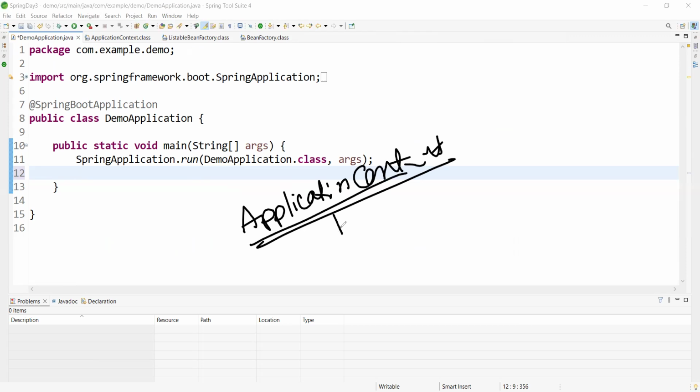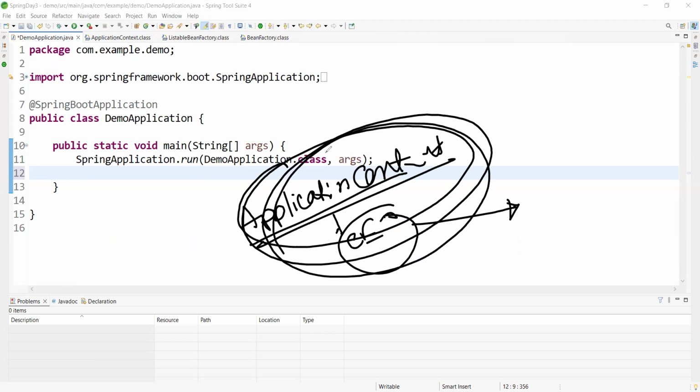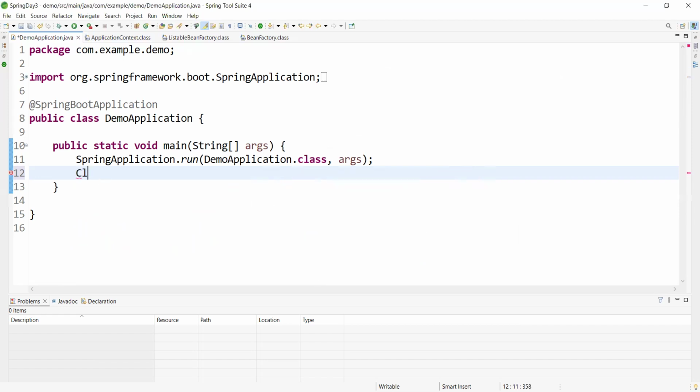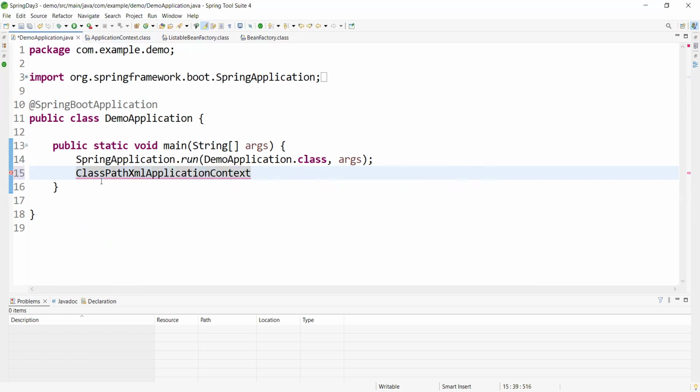This is like our servlet container. It means we hire the CEO and the CEO hires the other team members, right? If we create the ApplicationContext object, it will internally create all the supporting objects. We don't need to worry. So how to create? Simply observe this line. If I write ClassPathXmlApplicationContext, not ClassPathApplicationContext.